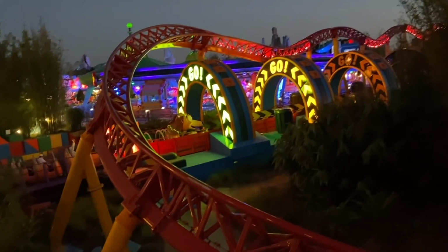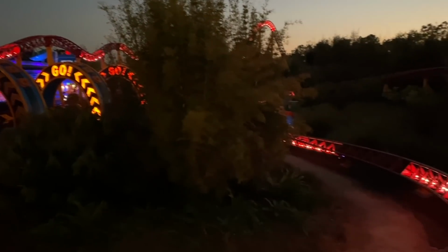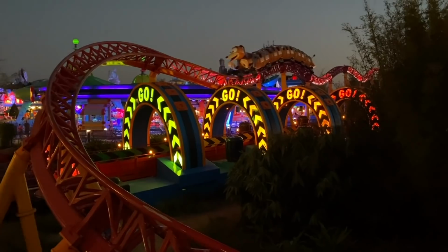Slinky Dog Dash, last big attraction in the park. We did it. Posted wait time of 50 when I got in the line. It was 45 on the app, 50 on the little placard. It ended up being less than 40, which means we didn't wait more than 35, 40 minutes for a single